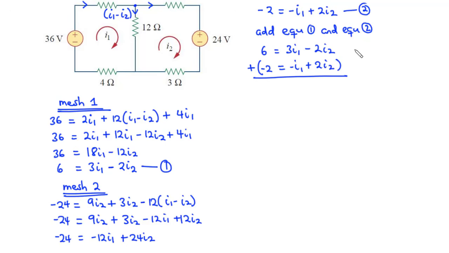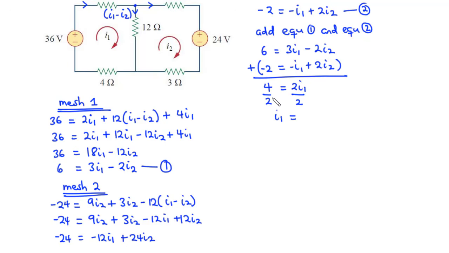So let's add the 2 equations. So we have 6 plus negative 2, which is 6 minus 2, that is 4, equals 3 plus minus 1, that is 3 minus 1 is 2, so 2I1, and then negative 2 plus 2 is 0. So we divide through by 2, and then we have